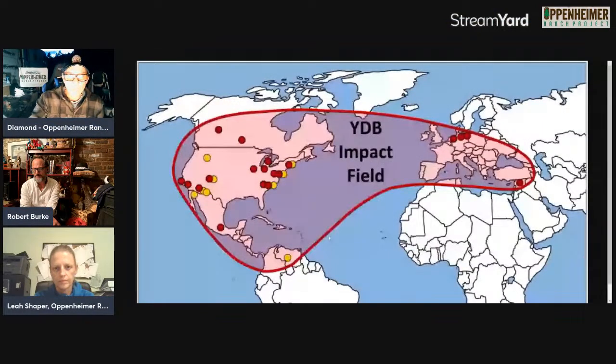Now, all the incidents of nanodiamonds, microspherules, tektites, we've got multiple types of nanodiamonds, including Lonsdaleite. We've got magnetic grains, shocked quartz, and every single impactor showing up stratigraphically exactly at 12,828 plus or minus 20. And they're only within this Younger Dryas impact field. None of them are in the Himalayas.